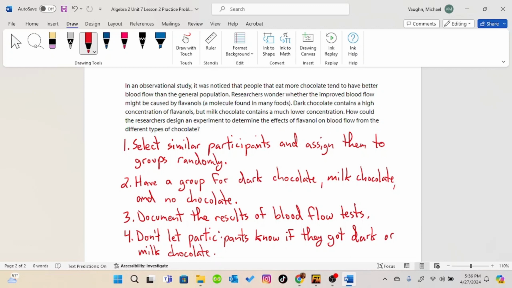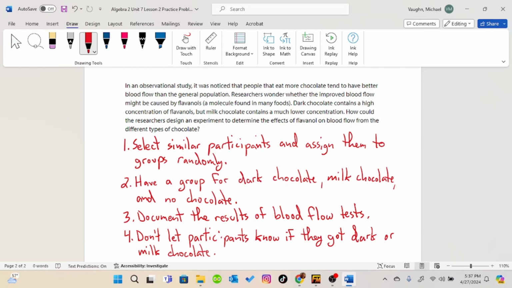So you want to check everything that you can. You want the groups to be random so that you can't unknowingly load the groups one way or another. You don't want anything else to affect it. You want the participants to be as similar as possible. So if you can get them the same age, the same gender, the same weight, height, as similar as you could possibly make them,